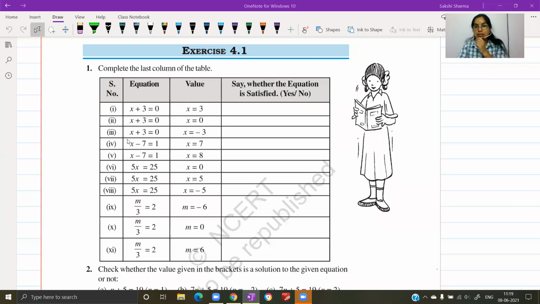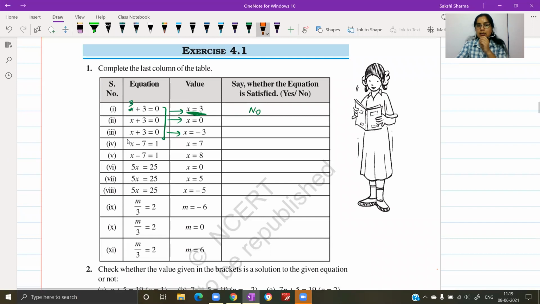So if x is 3, the first option that we have is x equals to 3. This could be a multiple choice question. Same equation के लिए आपको 3 options दी हुई हैं. Which of these is correct? So if x is 3, x की जगह पे 3 लिख के देख लो. Left side पे 6 बनेगा, right side पे 0 बनेगा. Is it correct? This one is not correct.